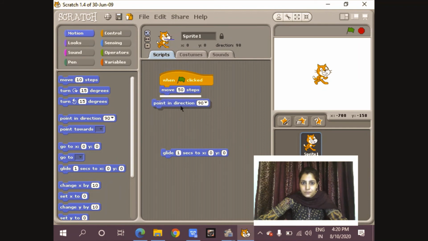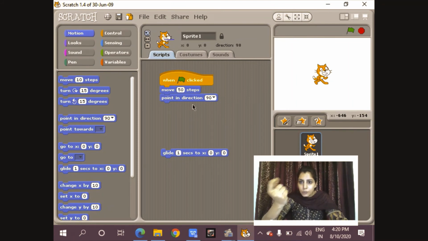So move 50 steps, point in direction 90. It means initially the cat will move 50 steps towards the right side, that is by default, and then it will point in direction 90 degrees, meaning the right side. Again it will move 50 steps, then again point in direction.